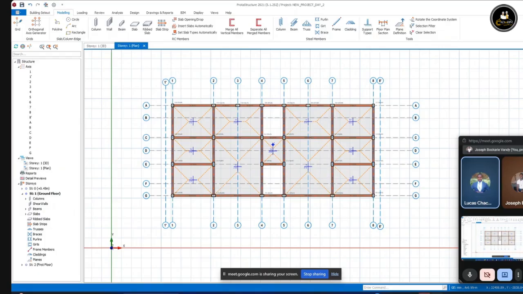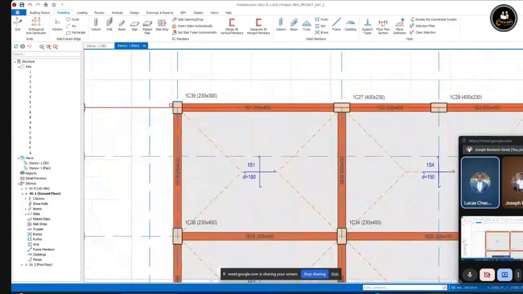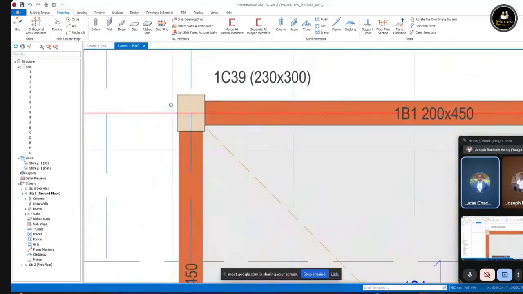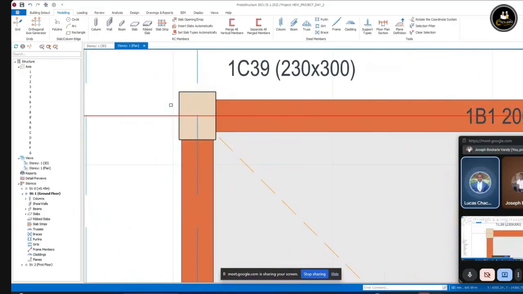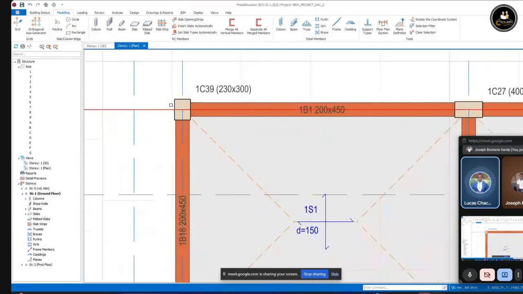Let's pick a column that is between grid A1, for instance. Yeah, grid A1, that column there. Just zoom it out. Zoom again. I also want to see the beams. You can see now B1. Yes, at that point is fine. So beam 1B